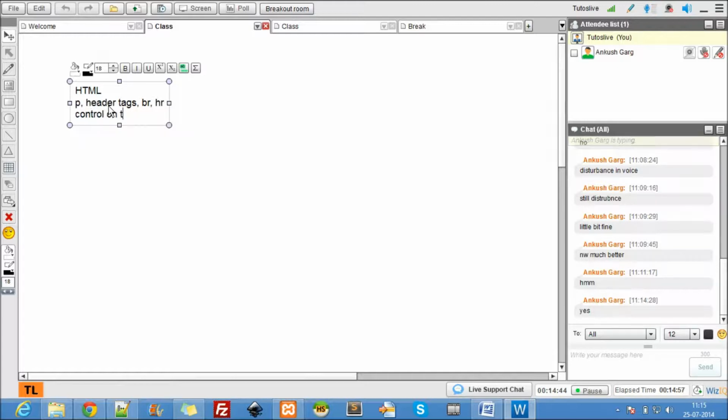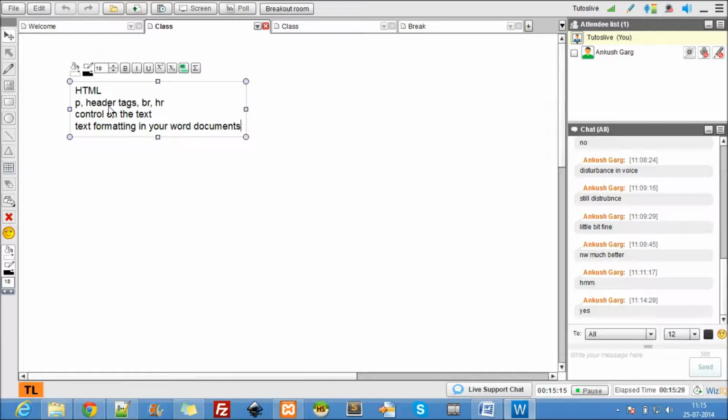Like say now you want to make a particular portion of the text bold. Okay, you want to make a particular portion of the text italics or underline or striked off or small, big, subscript, superscript. So control in the text is actually called text formatting. You see this text formatting in your Word documents, right? The same kind of text formatting you can achieve using HTML too.